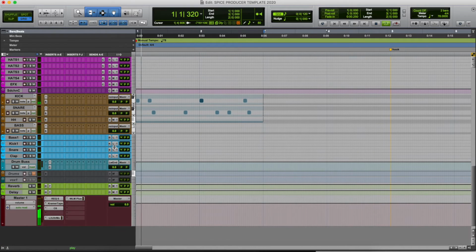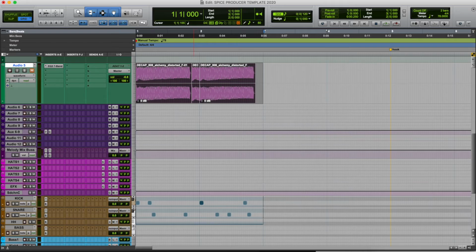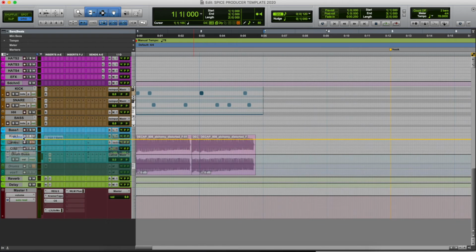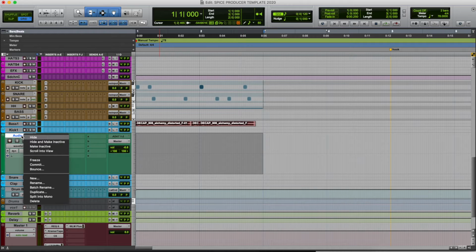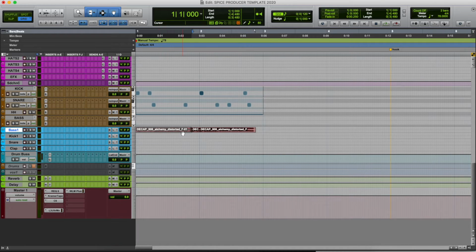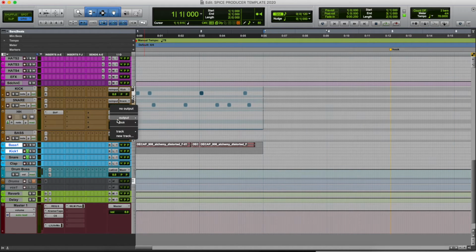Let's go to my drums. This bass should be down here. Let's put that in my bass track. So let's say it's time I'm mixing, let's say I want to mix the drums, right? Alright, so my outputs are now